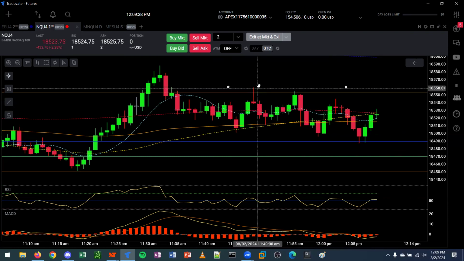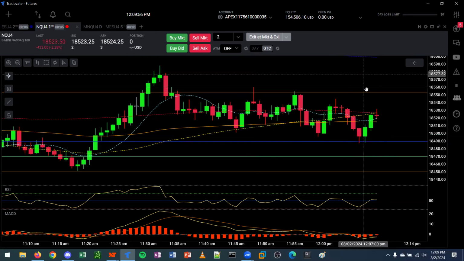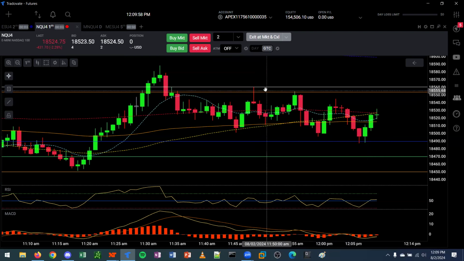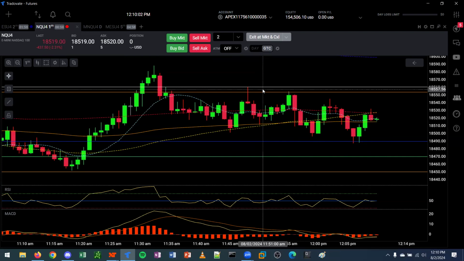So if we draw a line on this white wick, if we were to get above that wick, that means that a lot of sellers, even if it happens here or down here, that's where the sellers are willing to come in. And if we get above that wick, the price action is gonna start picking up. It might dip down a little bit because that's where sellers think that's the best area to come in at. But if it pushes above that wick and it stays above that wick, it's most likely